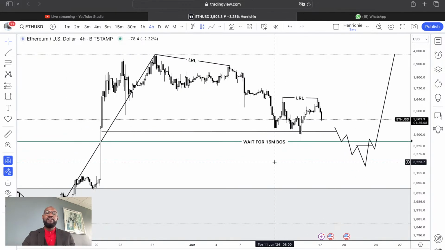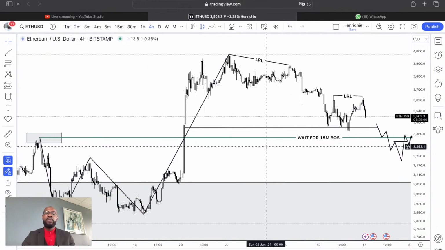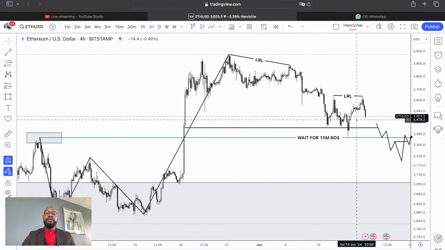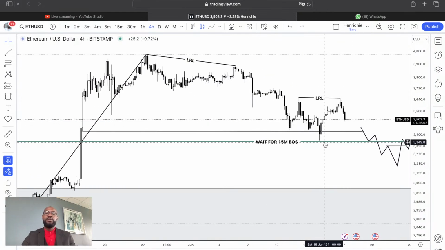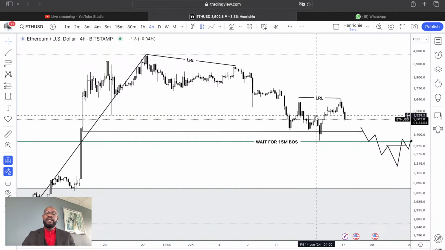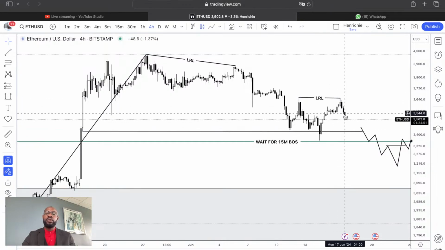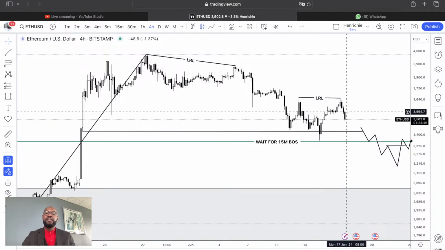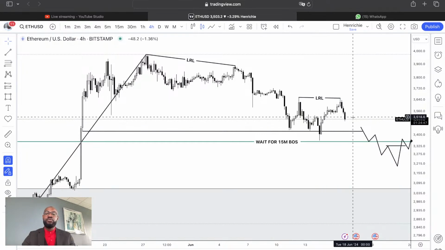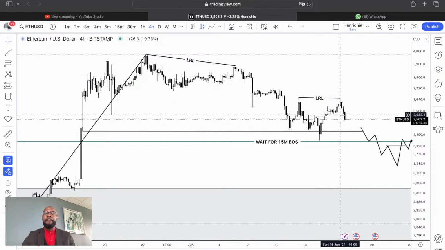You can see how we came very close to the key level, we came very close to the high, and then we reacted from that key level without mitigating that position. Now, a lot of traders are going to be buying from here because this is a high, this is a low, this is a break of structure. So price coming here for a retest, this will be an opportunity for traders to start getting into the market